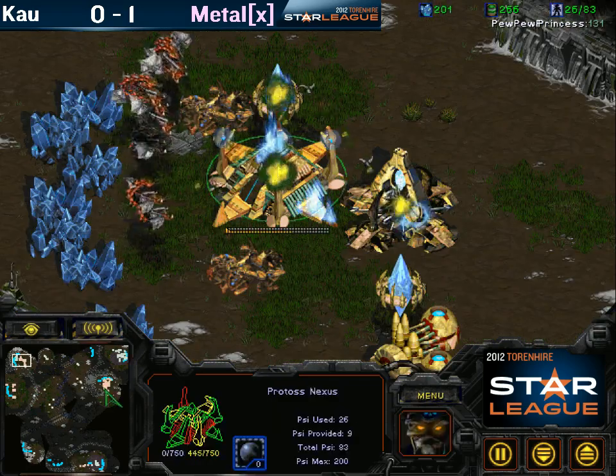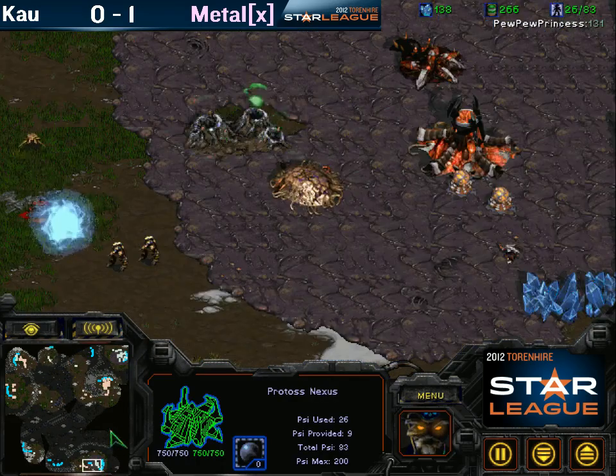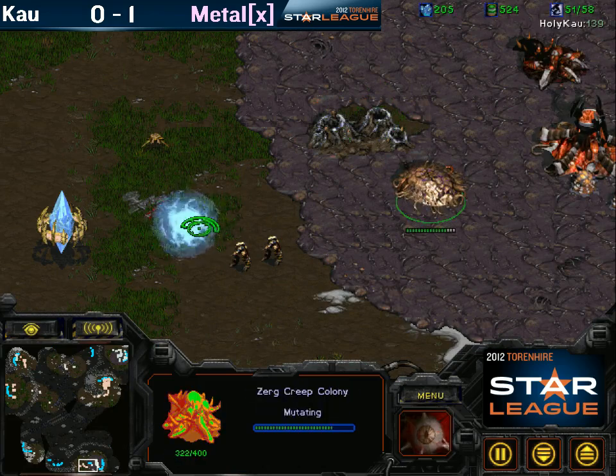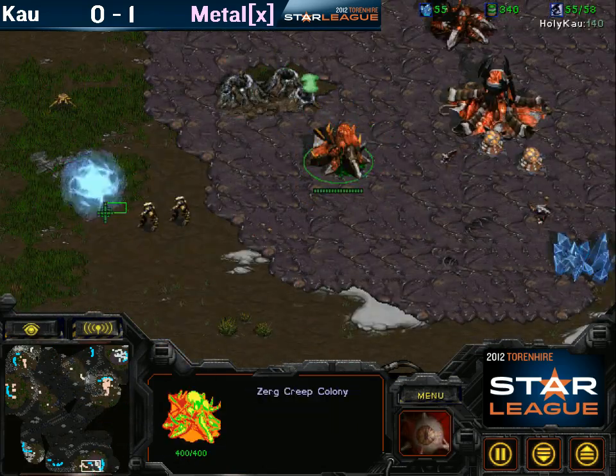This is staggering. So now Cow is holding onto the second base somehow, but the only base that Metal X can control is Cow's natural. He can only control that by sheer weight of cannons, so he can hold onto it until...